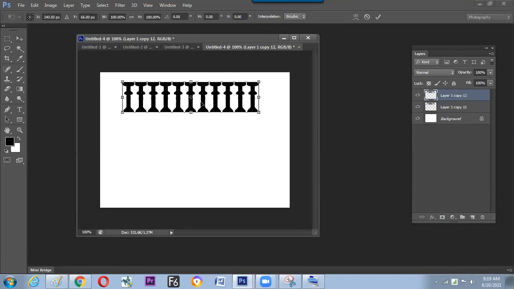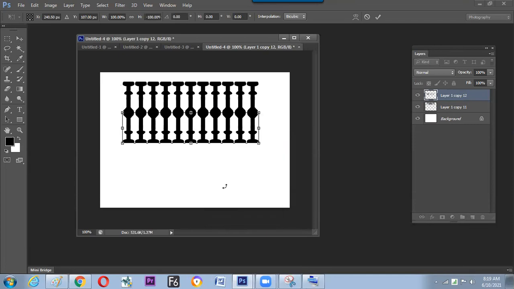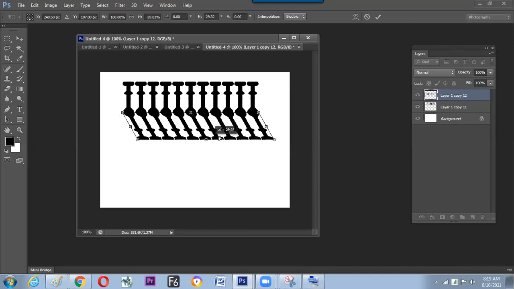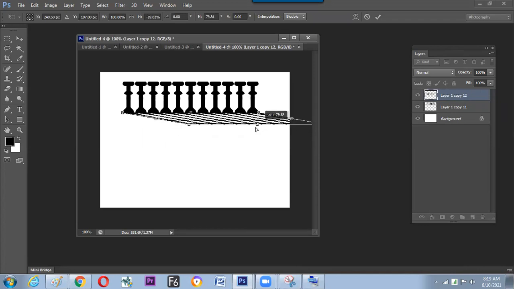Control T is to get transform. We can change the reference point to the downside, give a right click and flip vertical. Now this particular layer we can make skew. Hold the control button and drag this as per the light in concern. You can make it flow anywhere you like. You can distort this